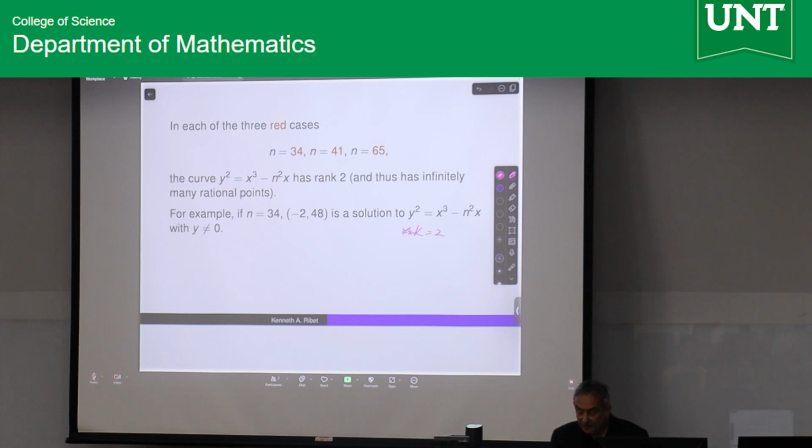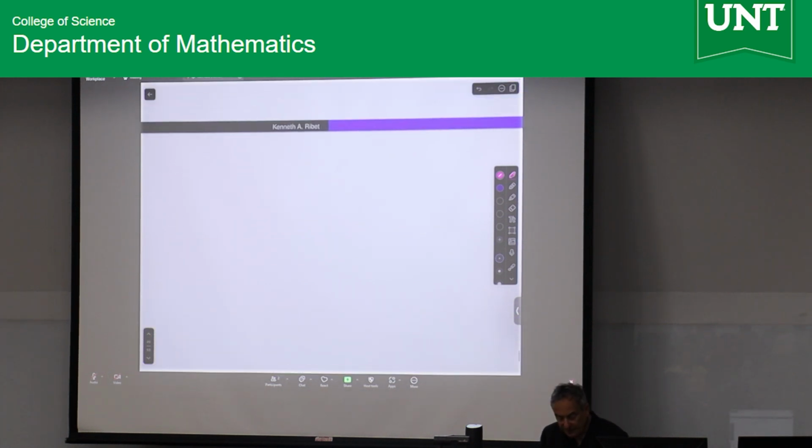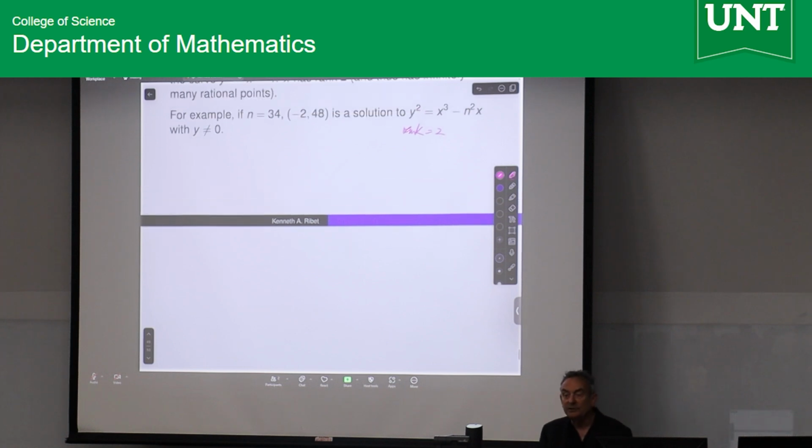Ranks 4 and above are so rare that they only occur for elliptic curves with really large coefficients. And so if we're just looking at numbers n up to 119, you're not going to see ranks bigger than 2. So that kind of explains everything, except that